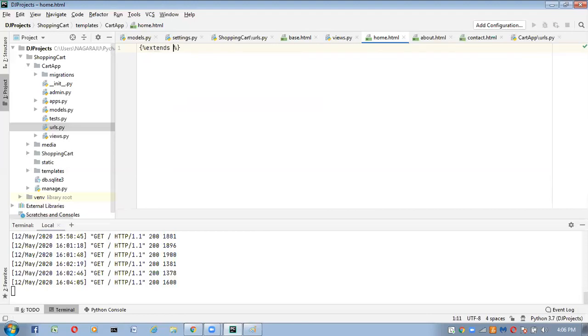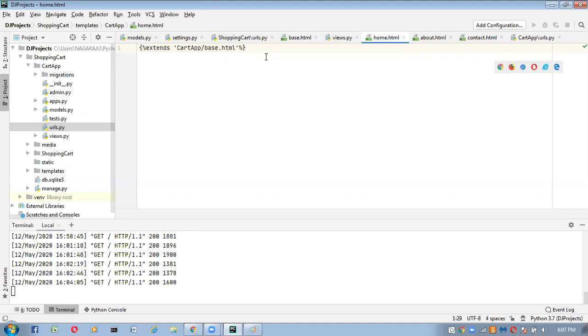Extends, we can take single quotes or double quotes, anything. Here, cart app, where we have that base.html file. Inside cart app slash base.html we have to take like this. Save this one.